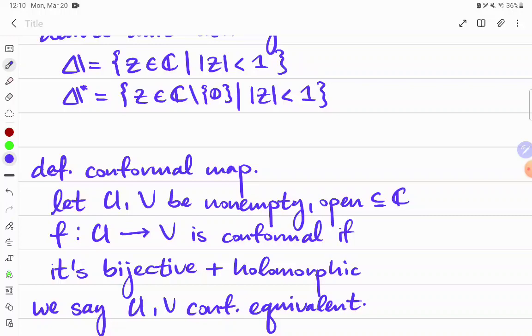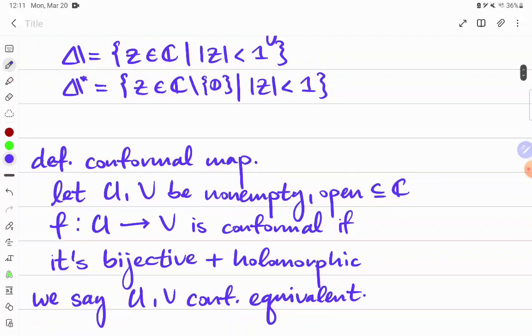Now, it becomes an interesting question to ask, when can we find conformal equivalences between open subsets of the complex plane? Well, open sets abound in C. We can take them as nice as the open ball of radius 1, or as wild as something like the Koch snowflake, which has fractal boundary and infinite arc-length perimeter, and so on. But it turns out that even these kinds of wild sets, if we assume simple connectedness, can be geometrically realized as conformally equivalent to the unit disk.